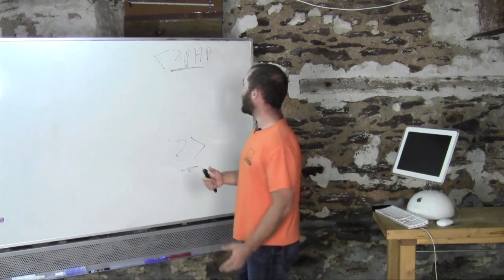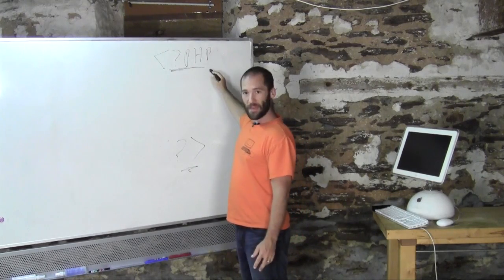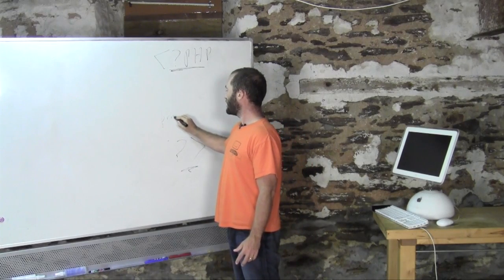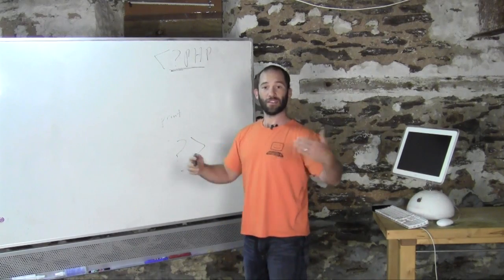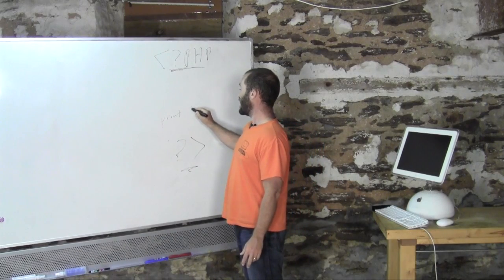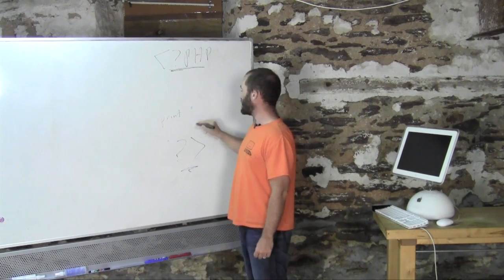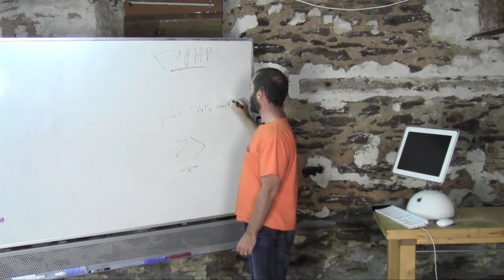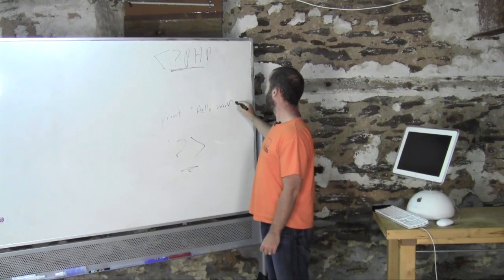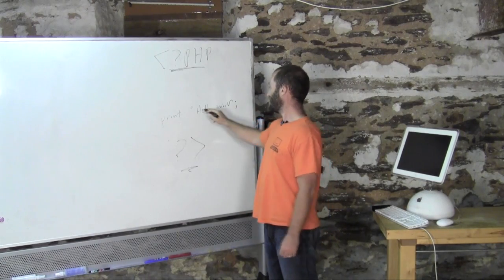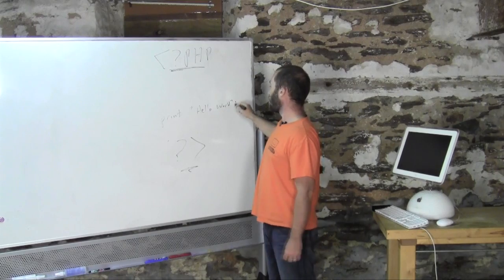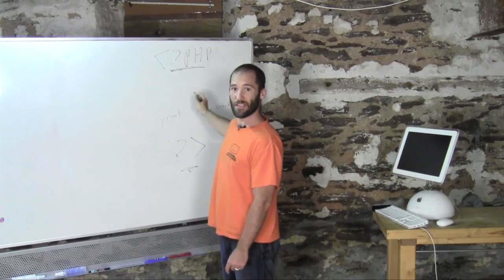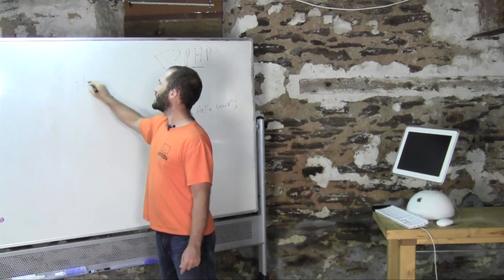With the general print function, again, you open PHP, you close PHP, and then all you do is you do print. And then if you want to just print some words, you would do space, let's say, then the double quotation marks. And then if you're going to do hello world, then you close the quotation marks, and then you do semicolon. So print, double quotation marks, hello world, close double quotation marks, semicolon. That means when you go to this page in a web browser, you will see hello world